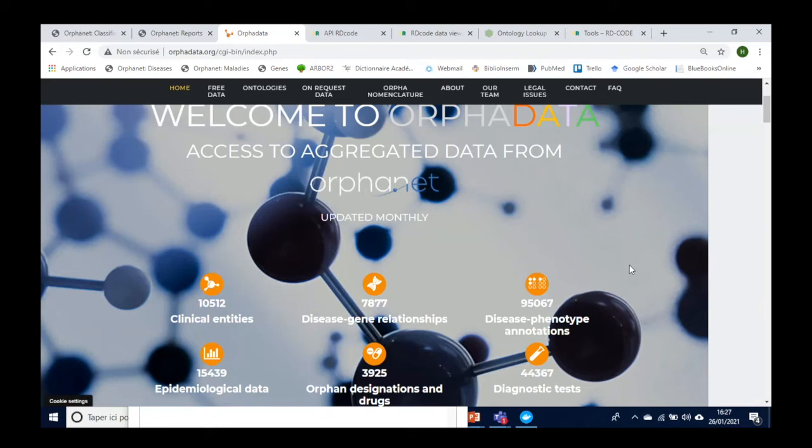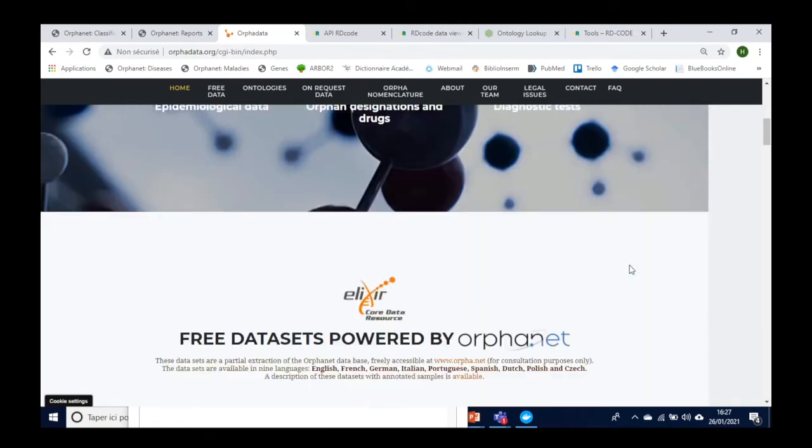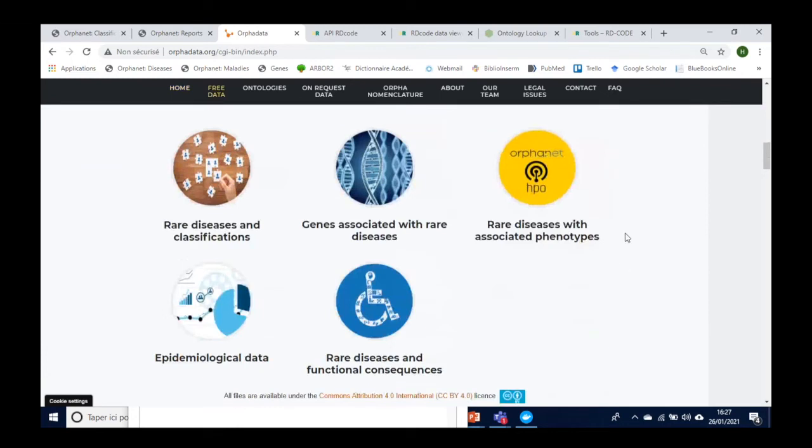These constitute a useful tool for researchers or any person who needs to perform massive analysis of rare diseases and associated data. So you will find and can freely download different datasets, including those related to gene-disease relationships, epidemiological data, phenotypical annotations using the HPO terminology, and functional